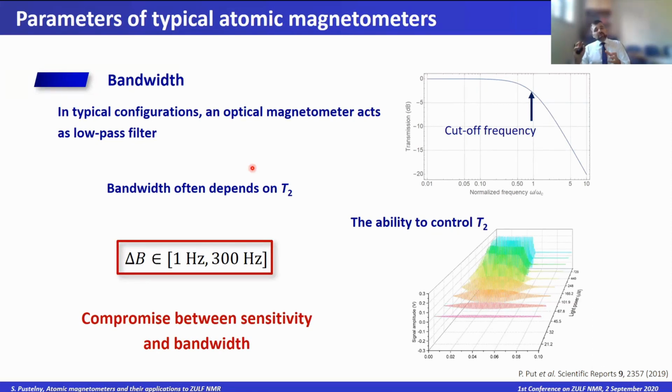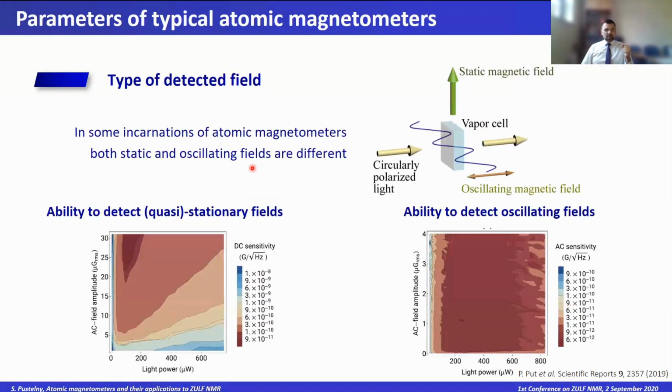Luckily, in optical magnetometers, you have some knobs that you can play with, for example to adjust this T2, and then sacrifice a little bit of the sensitivity, as we see on the plot in the right bottom corner, but get a much better bandwidth. The closest curve to us in the plot is the very narrow bandwidth, but we increase the bandwidth with increasing light power, and we can reconstruct the whole pulse that we are observing in our system.